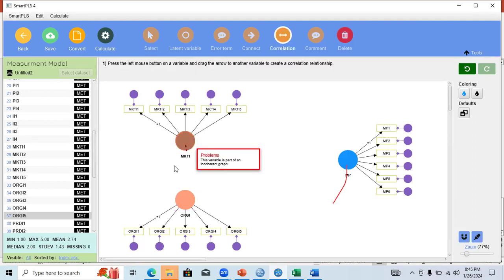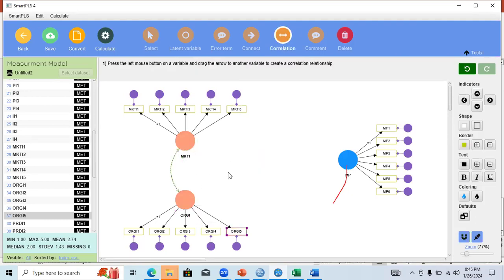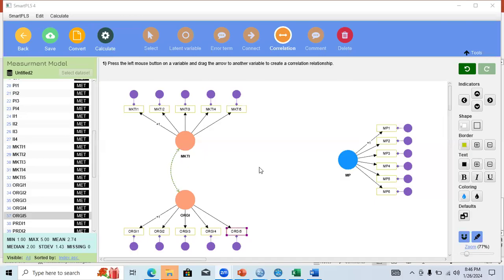First of all, I would like to correlate my independent variables, but always remember, in case of your measurement model, I was discussing CBSEM, and I have discussed that you need to correlate your independent variables. But if you are running a measurement model, there is no independent or dependent variable.